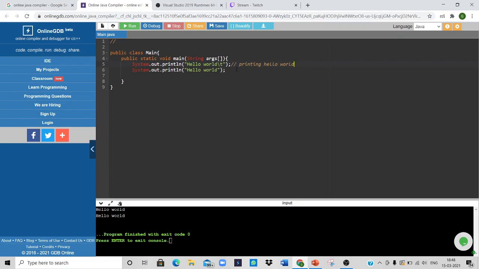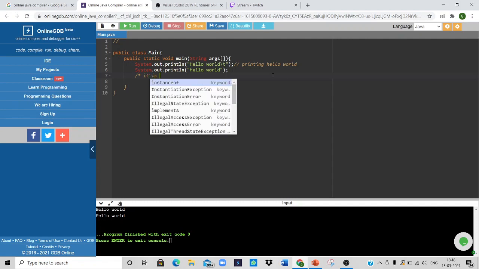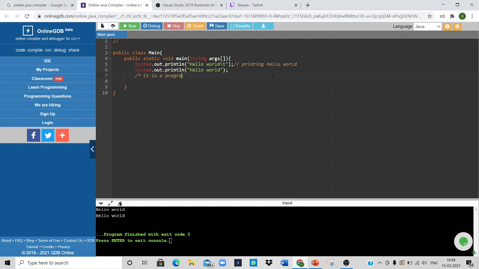If the comment goes beyond a single line, then we have to use multi-line comments, which means we start with a slash star symbol, then we can write anything. It is a program to write hello world.